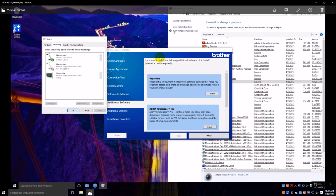Then it froze, and then it said that the microphone and the sound wasn't working properly. And I went to check that in the sound applet here, and that was all screwed up. So in the meantime, it installed. Look at this. Give me a break with this. Updates were installed. In the meantime, it's installed the Brother utilities while I was messing around with all this stuff. And then I decided that everything was all frozen, so I had to reboot. So I reboot,